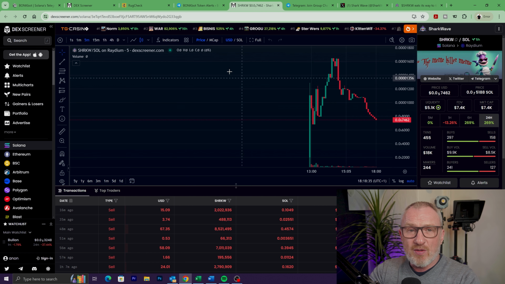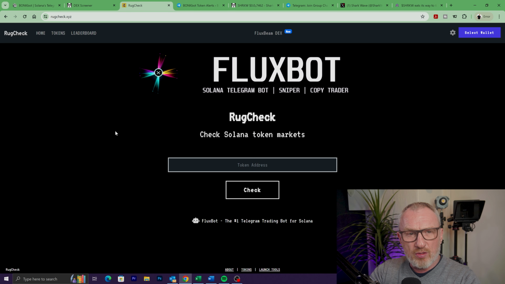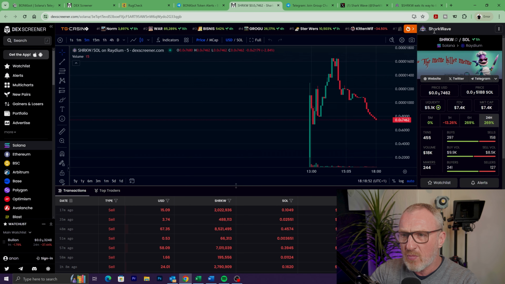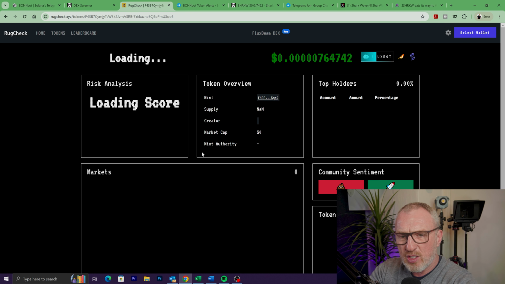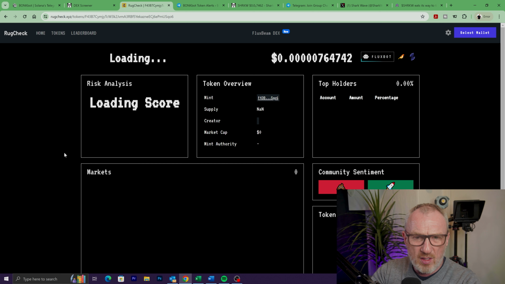The next thing to do is have a look at RugCheck. Now, this will tell you if the token has got any vulnerabilities or risks that they think could potentially cause you some issues. So the way we check on RugCheck is come back to the token, click on the token address here, copy that token address, and then paste it into RugCheck. And this will probably say there's quite low liquidity, I think.